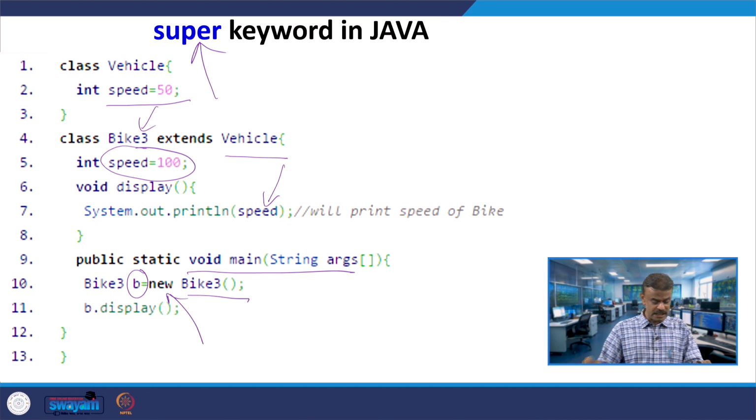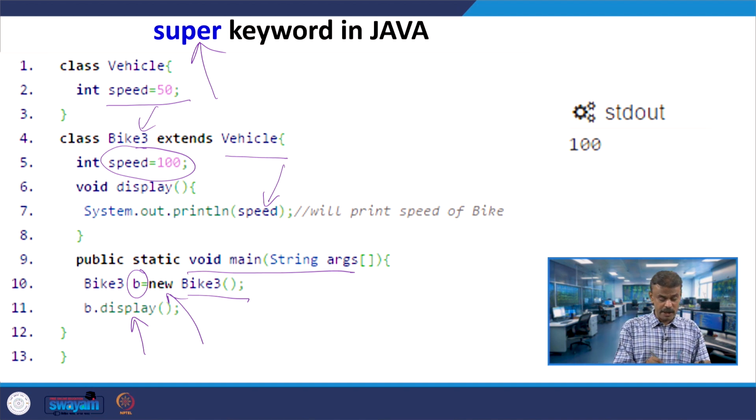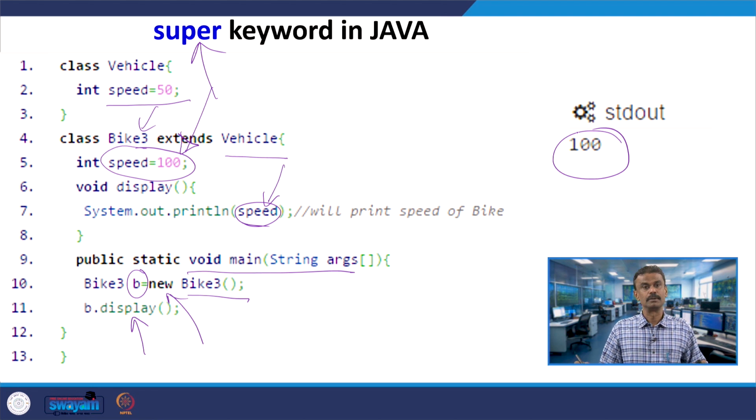So, this object B is invoking display, alright. Can you think what will be the output? When it is calling the function display, it is trying to print System.out.println speed, which is taken from the Bike3 class and printed over here.